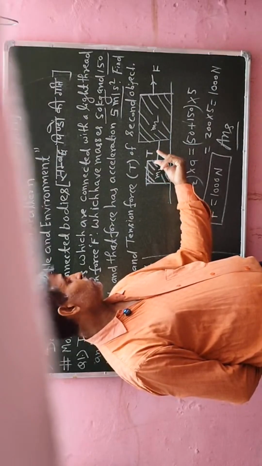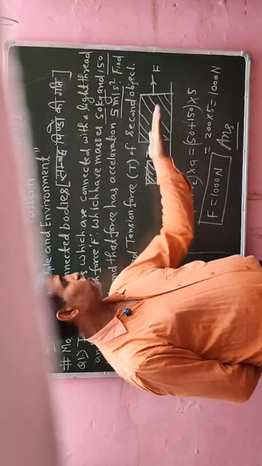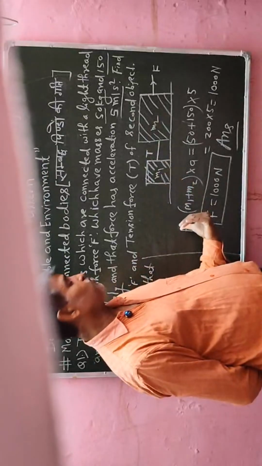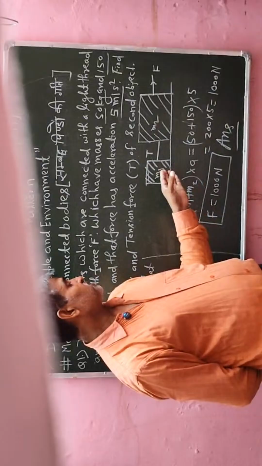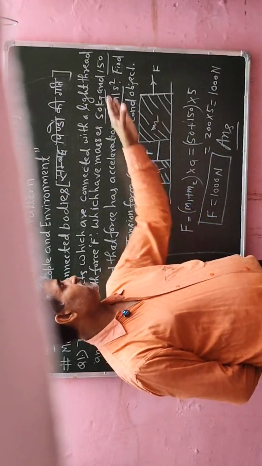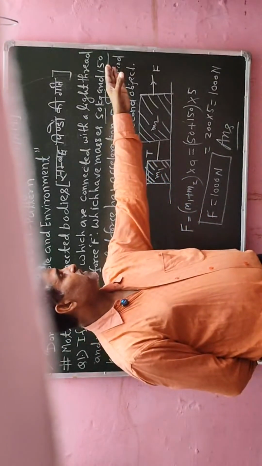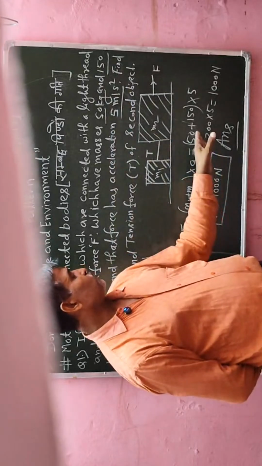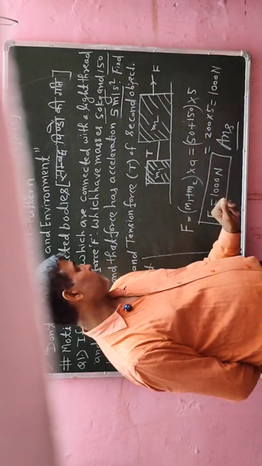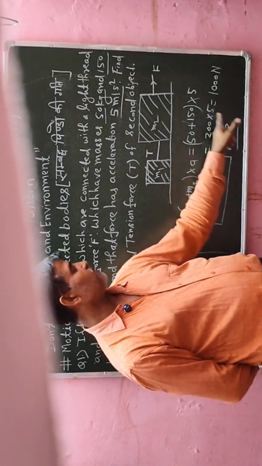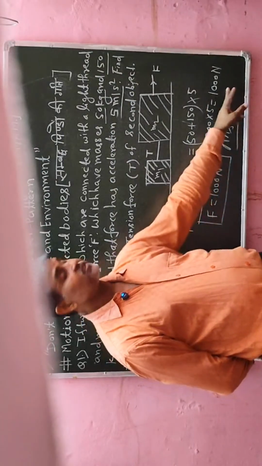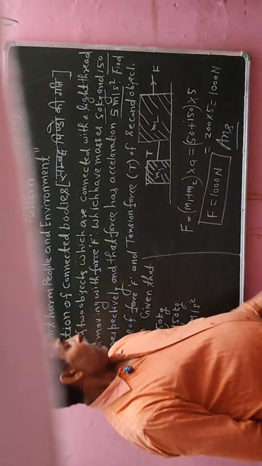दोनों ऑब्जेक्ट को किसी डोरी से बांधा गया है और किसी फोर्स से मूव करता है, तो उस क्वेश्चन में फोर्स का वैल्यू जो होता है m1 प्लस m2 इंटू ए आया था। तो m1 का वैल्यू 50 केजी है और m2 का मान 150 केजी दिया गया है। दोनों के वैल्यू को ऐड करके 5 से मल्टीप्लाई किए, 150 प्लस 50, 200 इंटू 5 मीन्स 1000 न्यूटन आया।